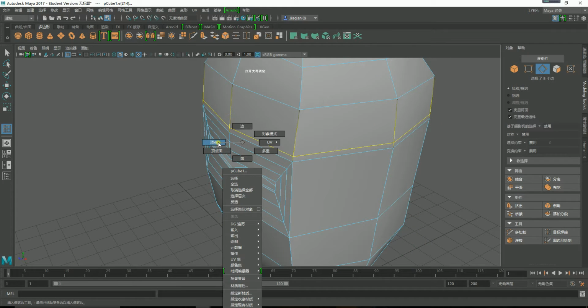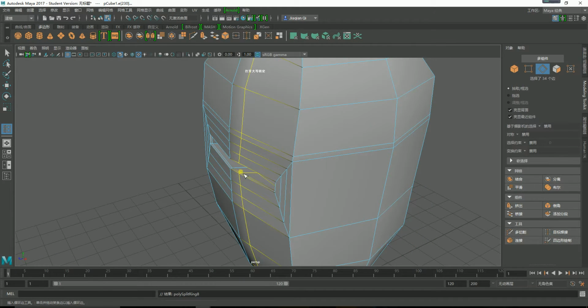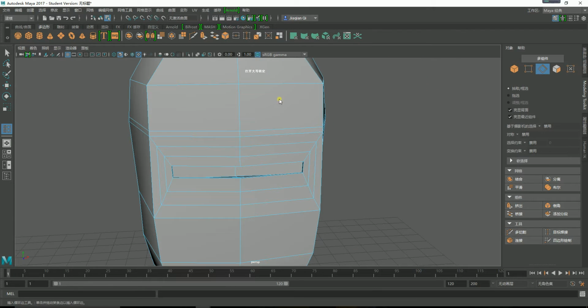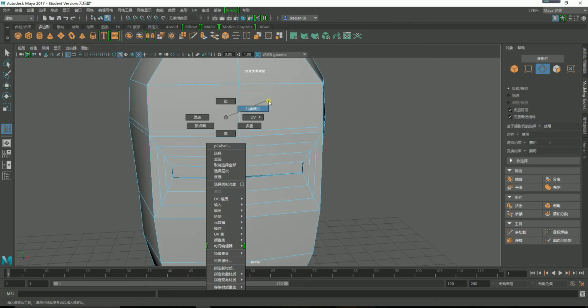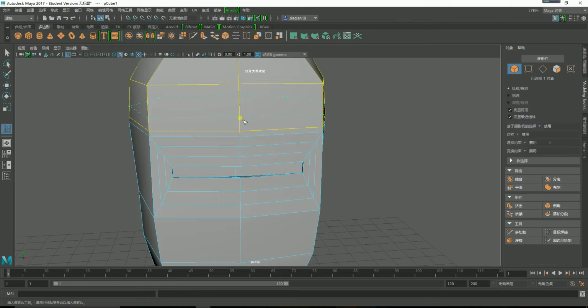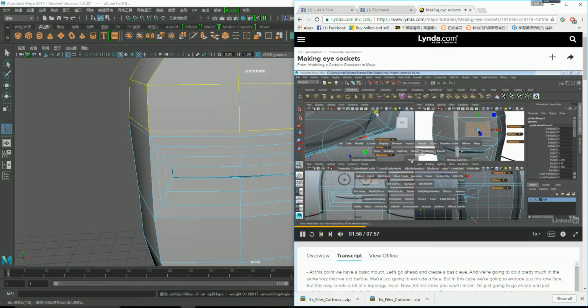other facial details. So now that we have this in place, let's go back into face mode, select this face, and extrude it. So I'm going to extrude this face, and we're going to make it about the same size as the eye. In fact, we can probably go into our front view here